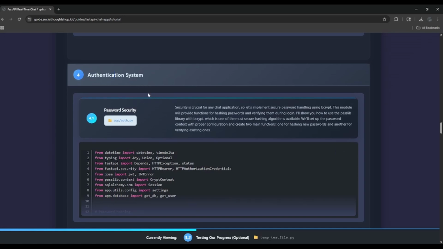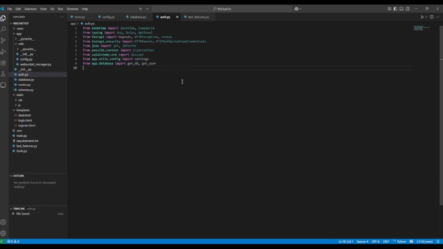So we're basically gonna go through the core system of them, like the FastAPI backend, which is gonna be authentication and authorization, and some WebSocket infrastructure and connection management for those WebSockets. So I'm gonna copy and paste these imports here, and then raw passwords should never be stored in a database,